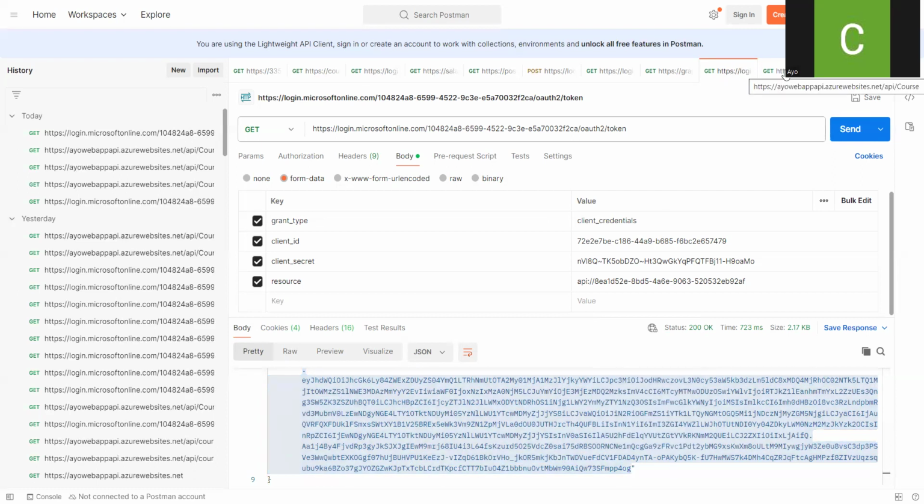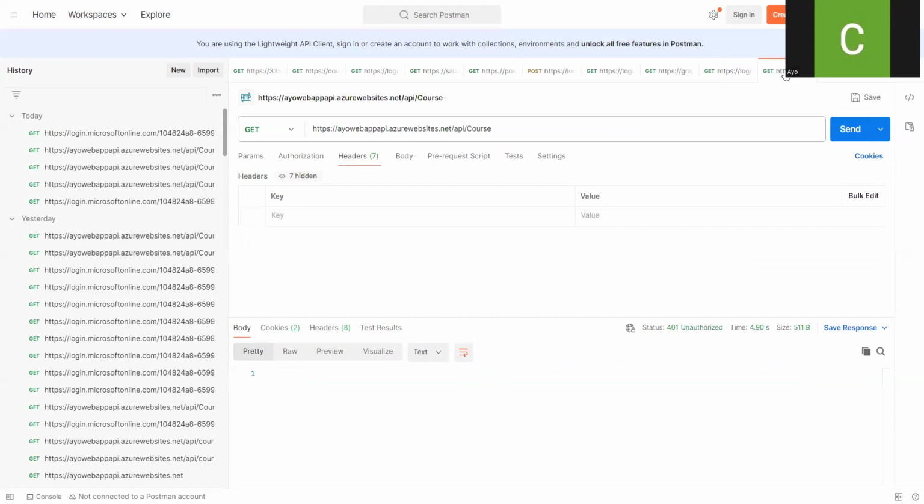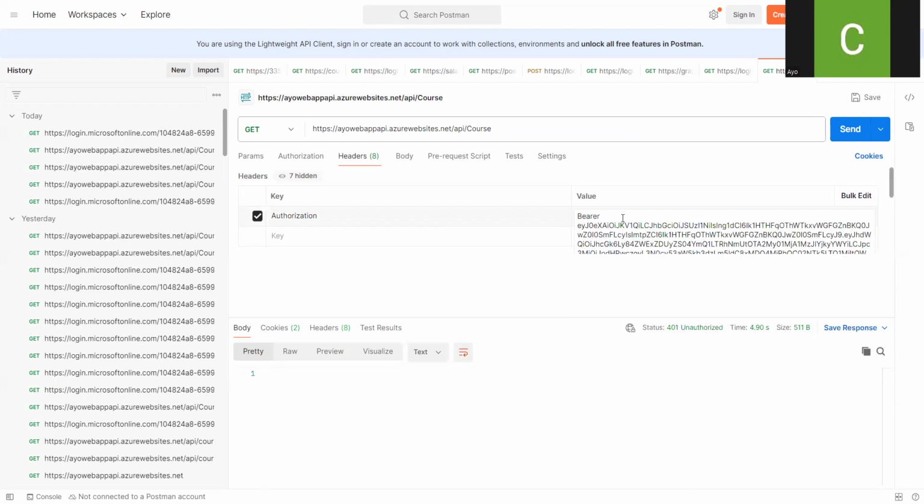It's the same JSON file that we've been using since. It just contains some information on some courses, the ID, name, and rating. So under authorization, then under value, you just enter bearer and enter the value of your token. And with this, when you send a request, you should be able to access